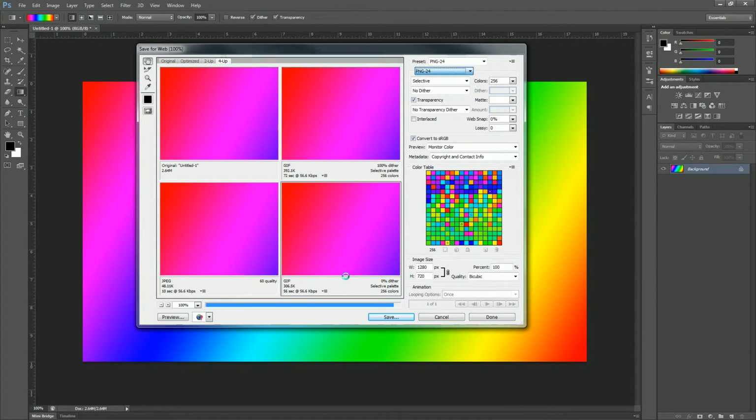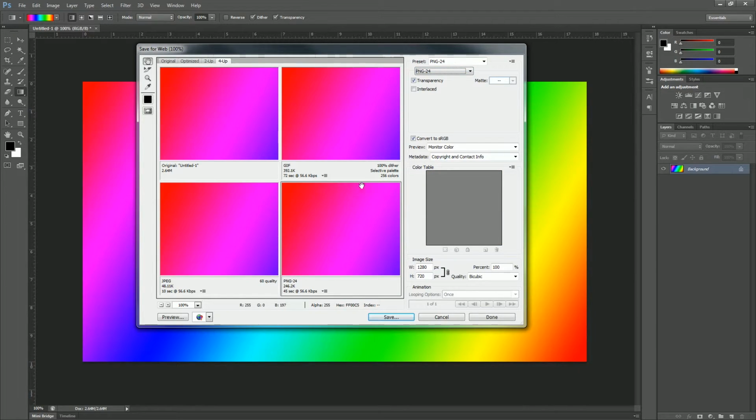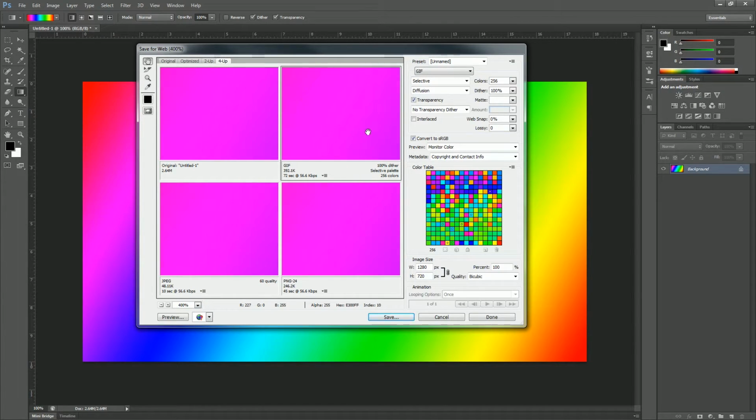Now, from this view, you are not going to see a great deal of difference between these 4 pictures. You might be able to tell here with the GIF that there's some color banding that's going on in this section of my document. We're going to zoom in, and I'm going to go to about 400%, and I'm going to move the picture, and it moves all 4 at once. GIF files restrict the number of colors that you can have available in your document. This is supposed to reduce file size, but because of how many different colors there are, the GIF is registering